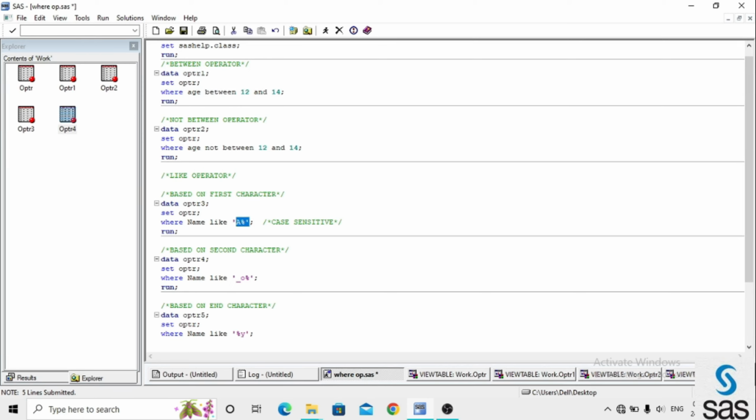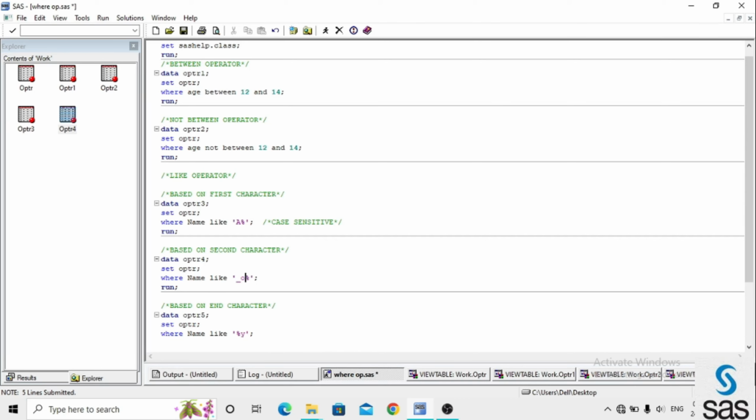If you write a at the start, you want observations that start with a. And if you write an underscore after a character, you get observations matching that particular condition. Like this we are writing the like operator in a data set.